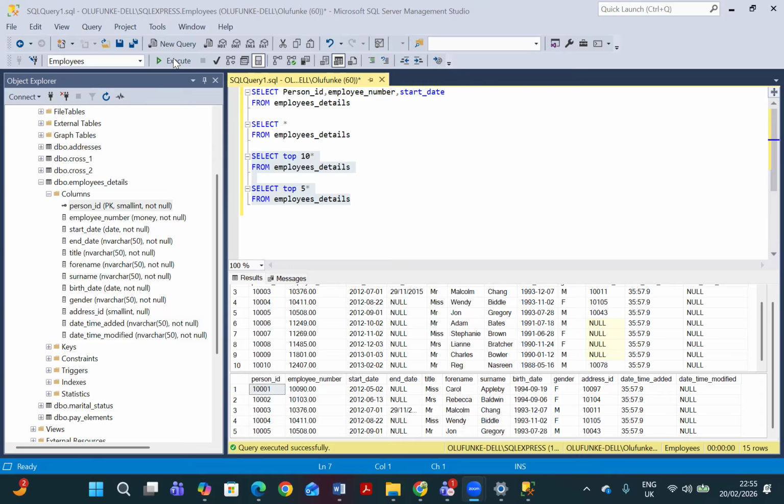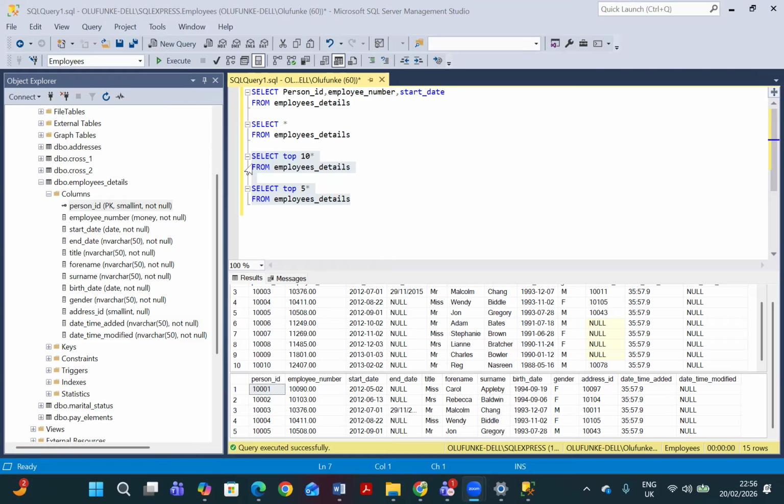Right. So remember when last week we said there are slight differences between the various vendors, the various, what is it called? Database management systems. So in SSMS, this way of limiting the number of rows is select top 10, top 5, top 20, top whatever. Okay. In MySQL, it is limit. Okay, let's write